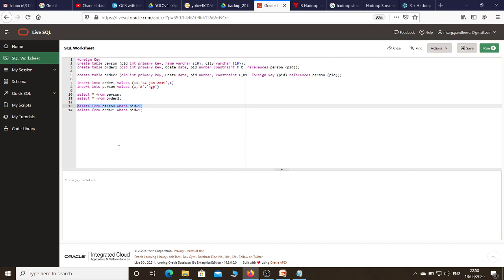So in this way we have seen the concept of foreign key. I hope you understand how a foreign key helps to establish a relationship between two tables, what restrictions are applied by a foreign key, and how to specify the foreign key as a column level as well as a table level constraint. I hope you understand the concept of integrity constraints. We discussed three types of key constraints: one is the unique constraint, the primary key constraint, and the foreign key constraint. Thank you.